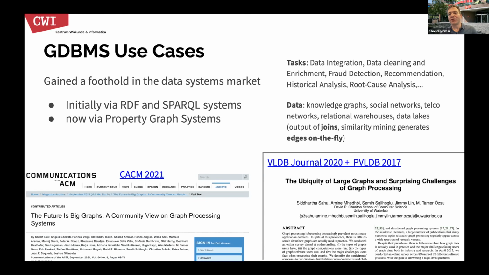But it's a misconception to think that graph data analytics or graph data queries are only relevant for data that's obviously a graph. It is also and increasingly popular for relational data, tabular data that you find in relational warehouses, in data lakes. Because what we are doing in a graph in that case is investigating the connection patterns of how tuples join with each other effectively. Anywhere where you have a join, you can also analyze the connection patterns in that join